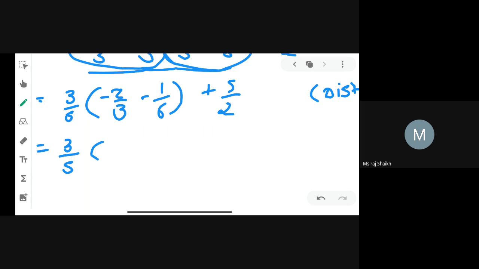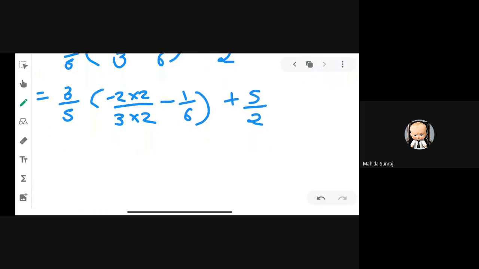Now you can see in the bracket, first we have to solve the bracket. How can we solve the bracket? Can anyone tell me? If we have equal denominators, then we can solve easily. But here in the first number the denominator is 3, and in the second number the denominator is 6. So first we have to make the denominators equal, and for this we are multiplying the first number by 2. Why by 2? Because in the denominator 3 twos will be 6. Yes or no? Yes. So what is the answer?